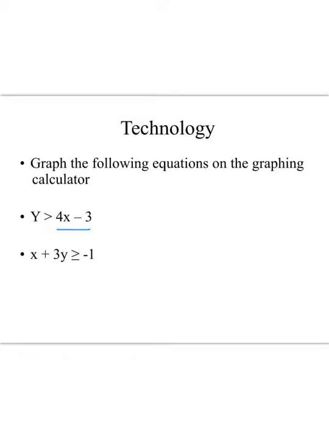Second problem is exactly the same thing. You just have to get it into slope-intercept form first. So y is greater than or equal to negative 1/3 x plus negative 1 for my y-intercept. The graphing is very nice. What I would highly recommend you do is I would solve all of the problems on your homework paper. Either do all of them and then go back and check, or do one and check and whatever. But get used to plugging it